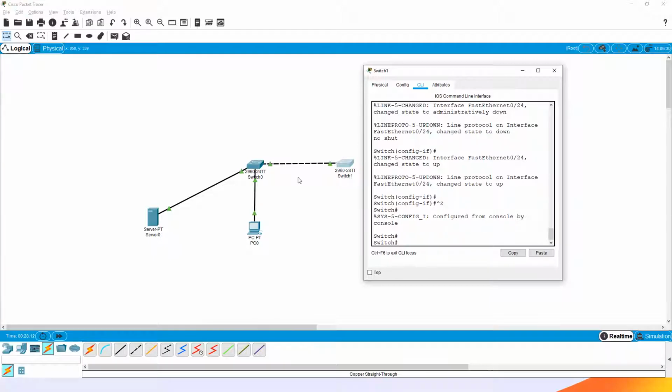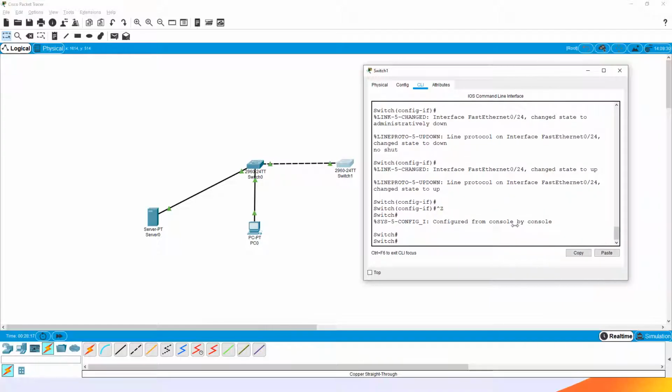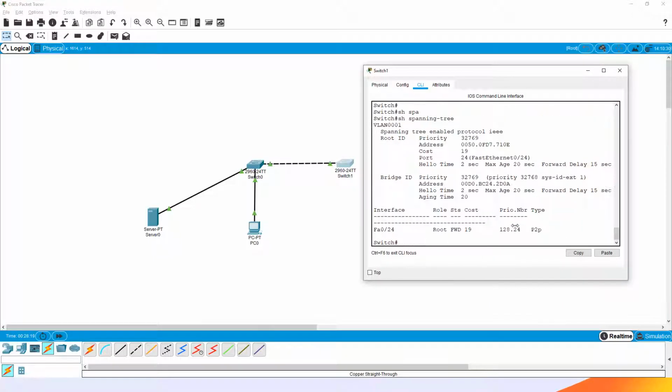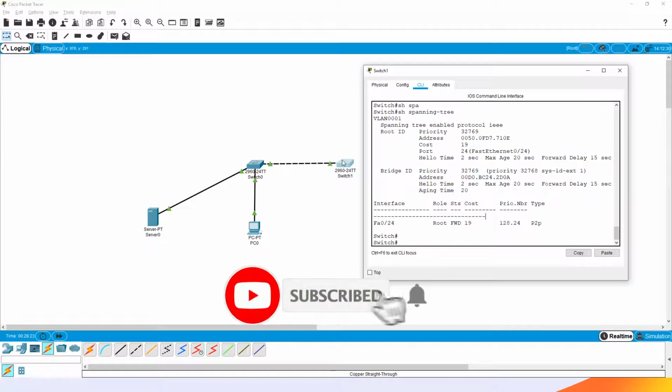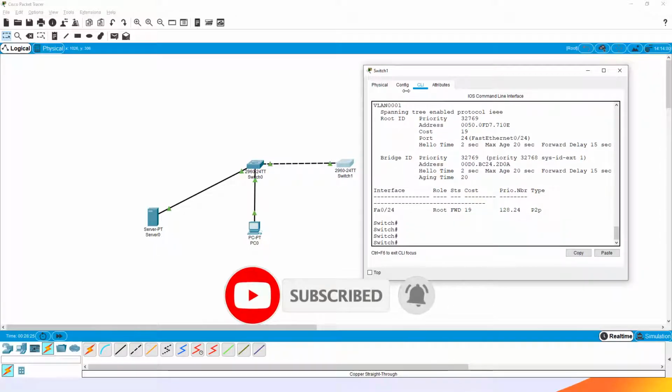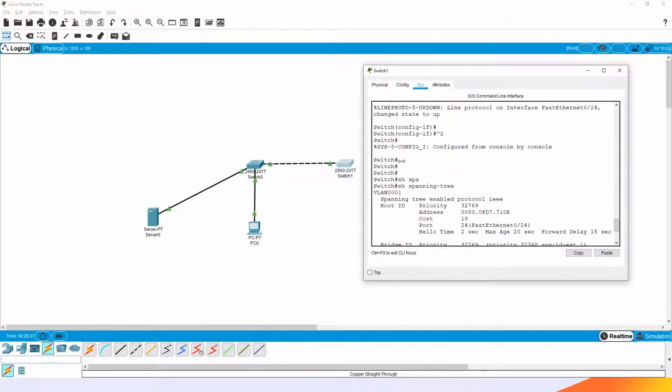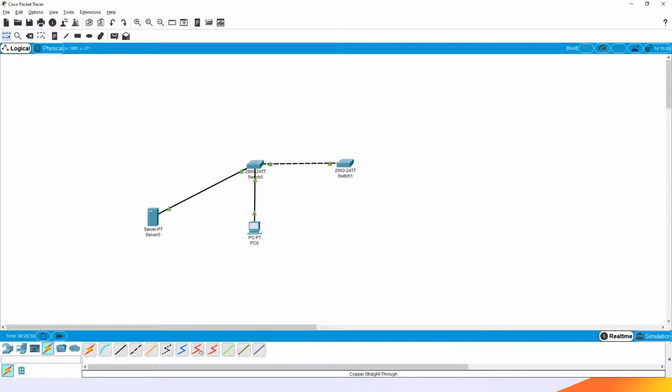But because we enabled it, that's why you can see the port is going into the forwarding mode straight away. Okay. So this is the PortFast feature. Any questions?